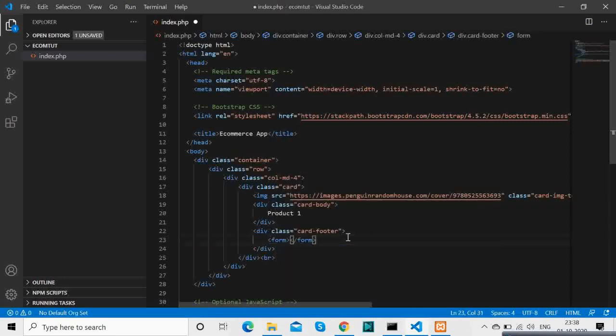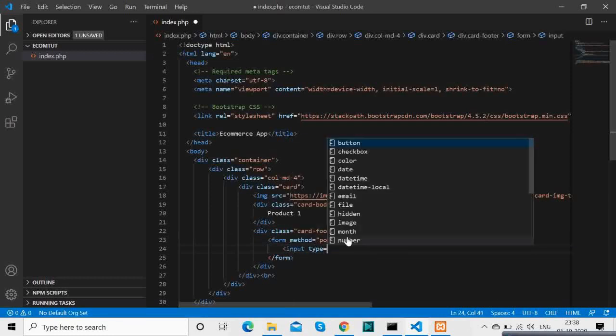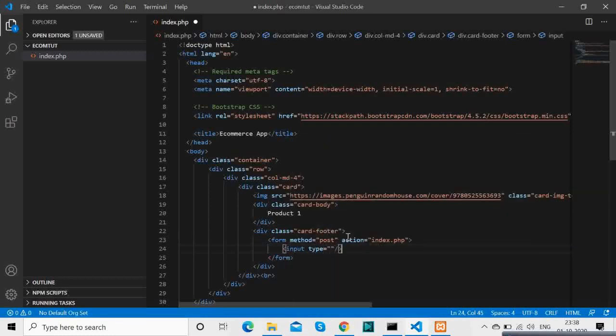now what I am doing is this is the form. Okay, so why will we require a form over here? Because we will have a button. When we click that, we want to have a product added to the cart. So basically that's the reason we are having a button over here, but we want to send some data also. When we click the add to cart, we want to send some data so that it's stored in the cart.